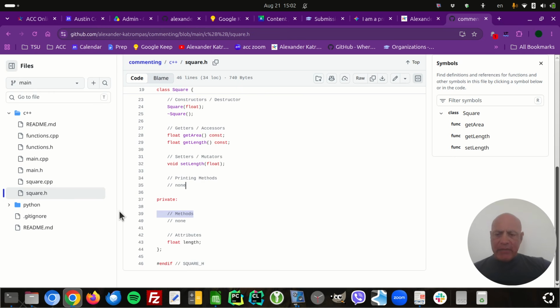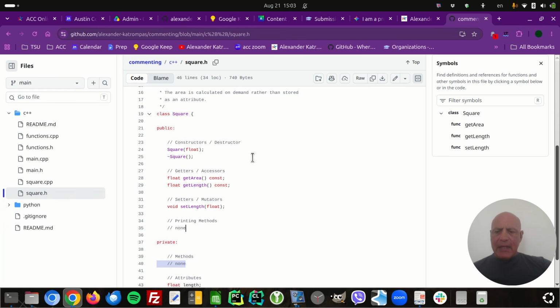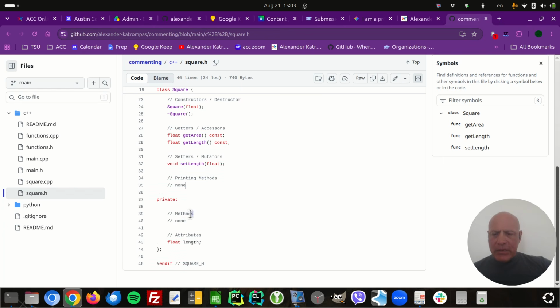Same thing down here. In private, we have methods and attributes. In this case, there is an attribute, but in methods there aren't any, so we say none. Most students screw that up because they stop thinking about something that isn't there, and that's what I want you to not do, because being a good engineer is about knowing what shouldn't be in something as much as it is about knowing what should be in something. So we're going to teach you to think about that.